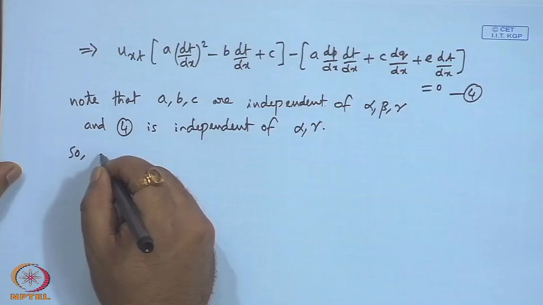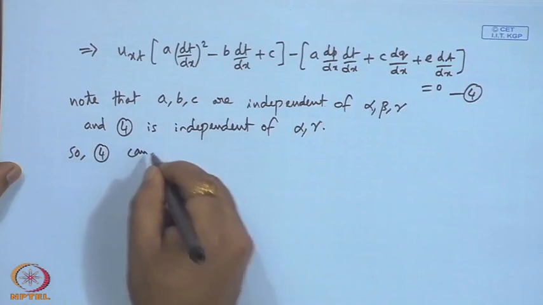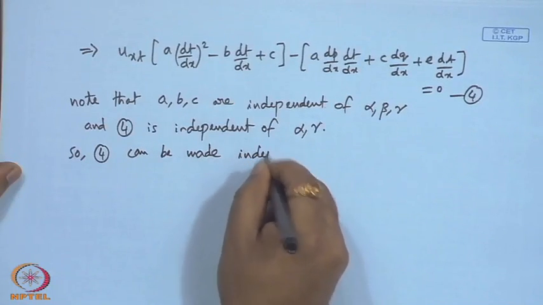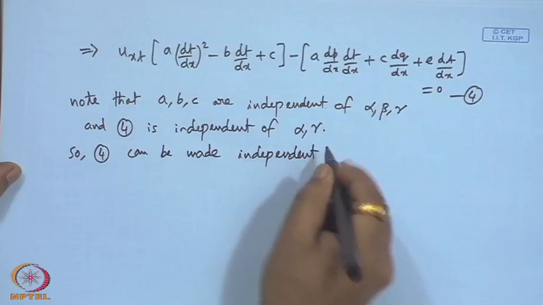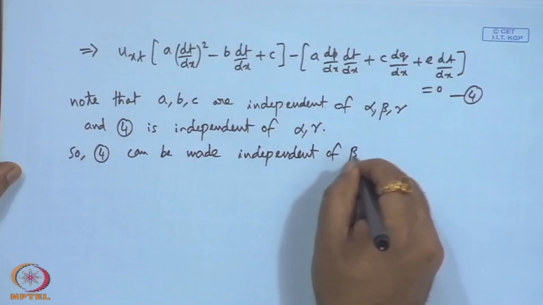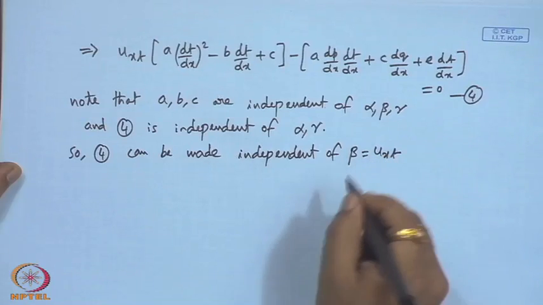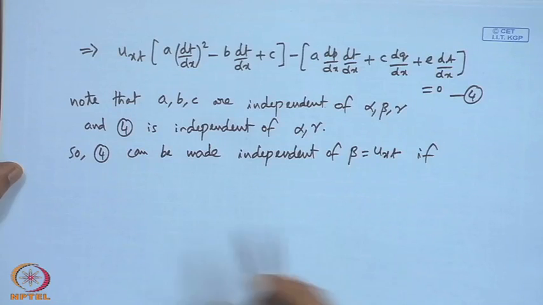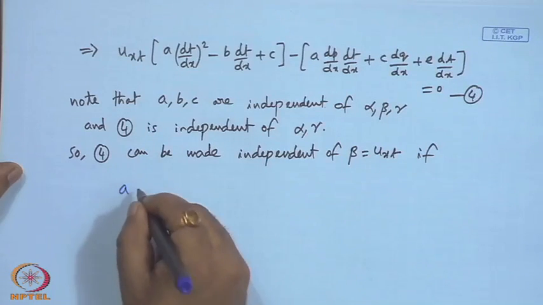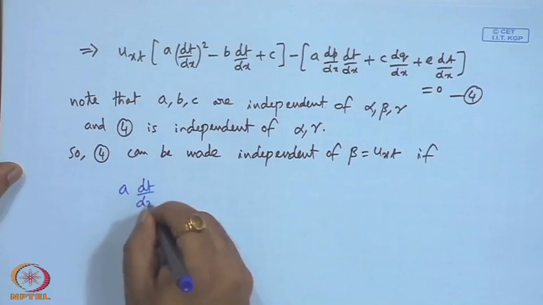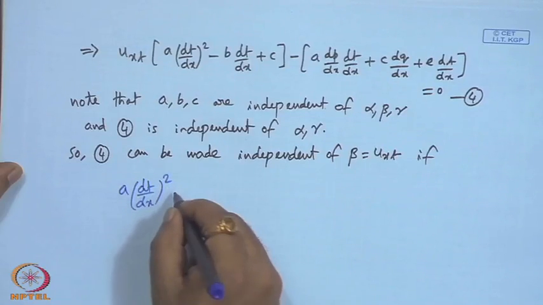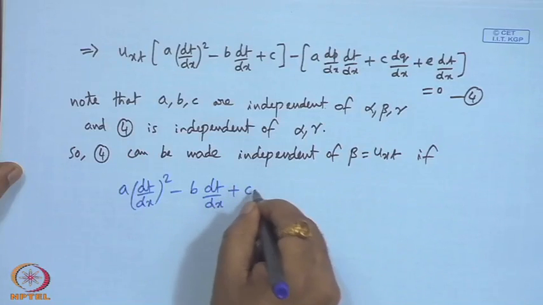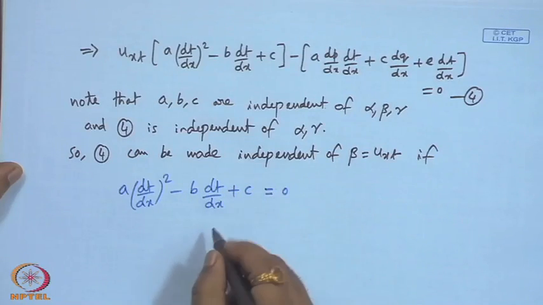So, four can be made independent of beta, which is u x t, if this is equal to 0,